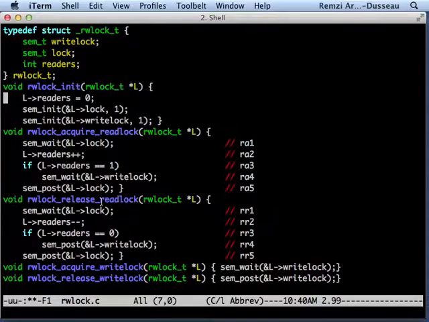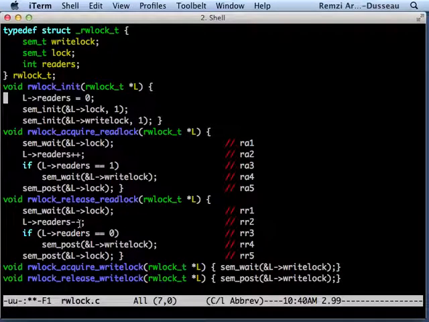At some point, let's say we had 5 readers, they start coming out of this critical section. We had 5 enter at about the same time. They're all in the critical section at the same time. Let's think about what happens. The first one comes in, it grabs this lock. Is it able to? Yes, because that lock isn't generally held except when somebody's acquiring or releasing. So we're able to get this. We decrement the number of readers from 5 to 4. We check, is it 0? It's not. So then we just release this lock. The next reader comes in, it releases it, goes from 4 to 3, from 3 to 2, from 2 to